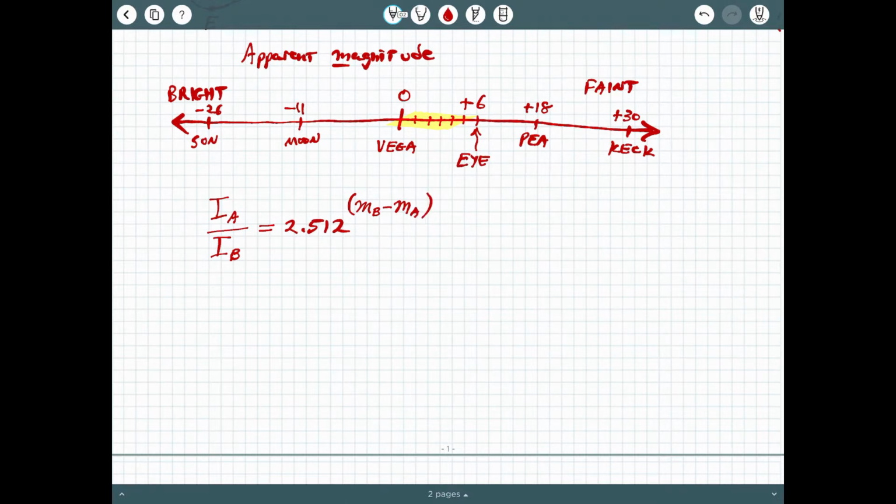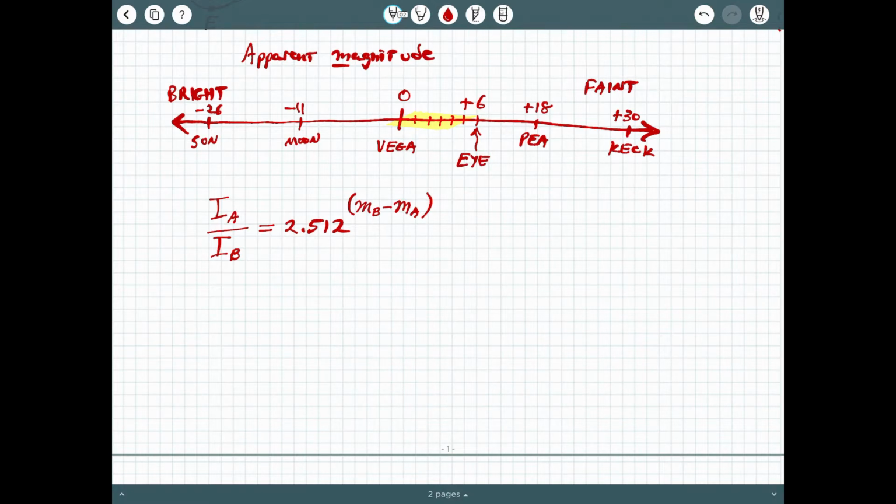So what you see here, 2.512 is the 5th root of 100. And they're using the apparent magnitude difference to give you an apparent intensity ratio between the two. So if you wanted to calculate how much brighter the moon is than Vega,